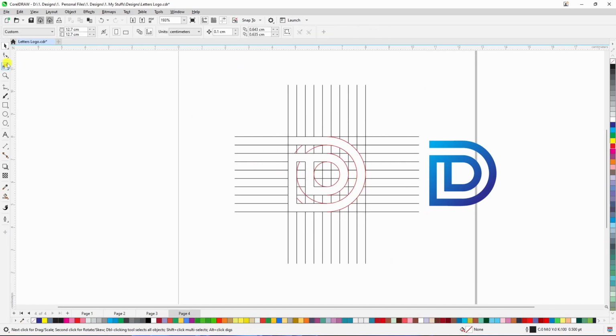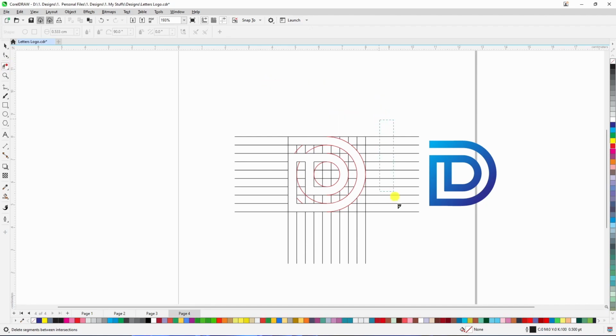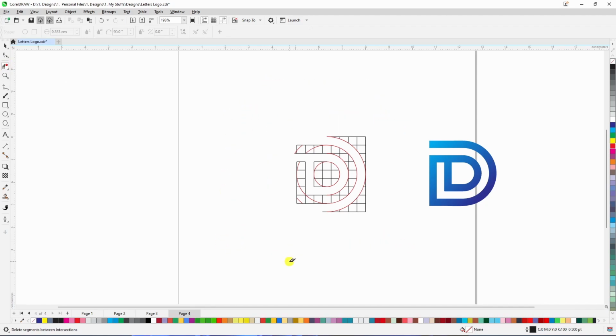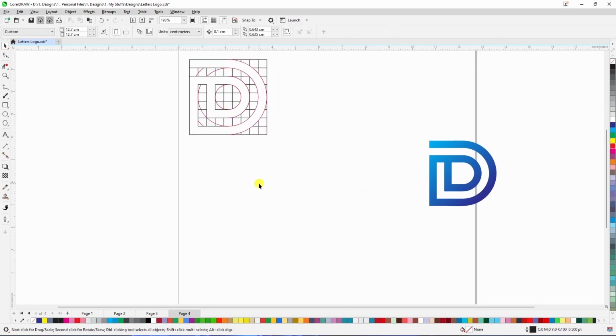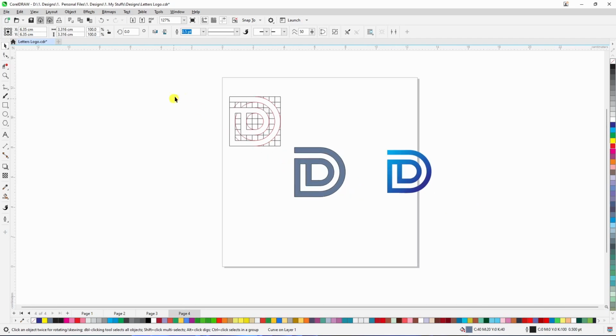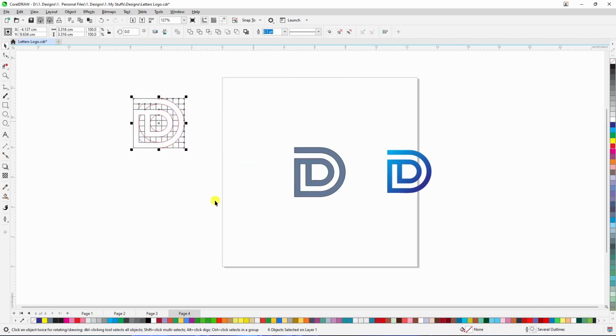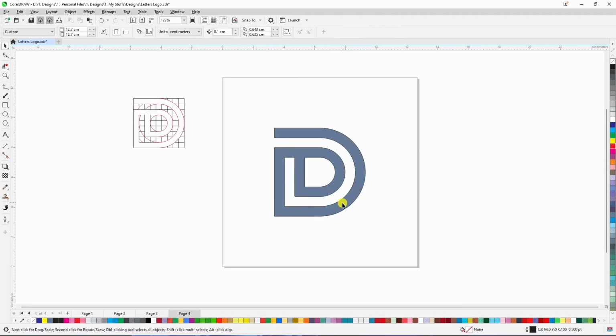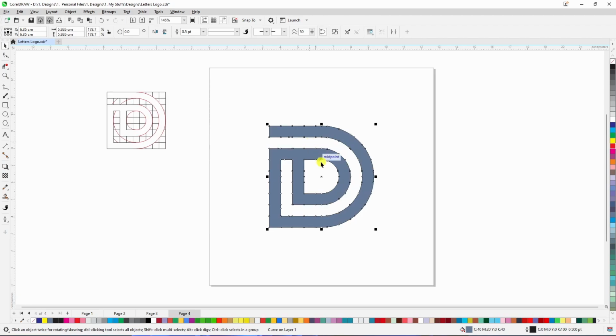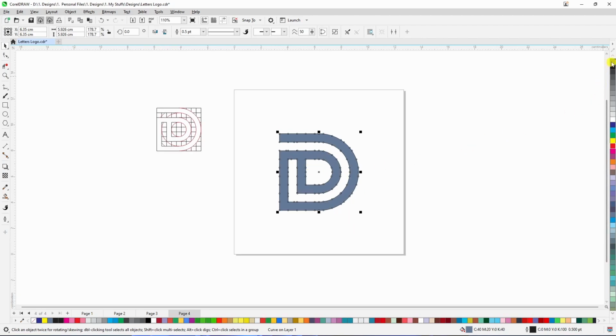We could actually go in with this our select to select this side, select this side, select this side, select this side. Okay, so it means that we have actually cleared the outer lines. So Control V to paste our original logo that we just did from scratch. I'll delete these ones, as this is the same thing that we have actually done here. So right click on this one here to remove the outline,